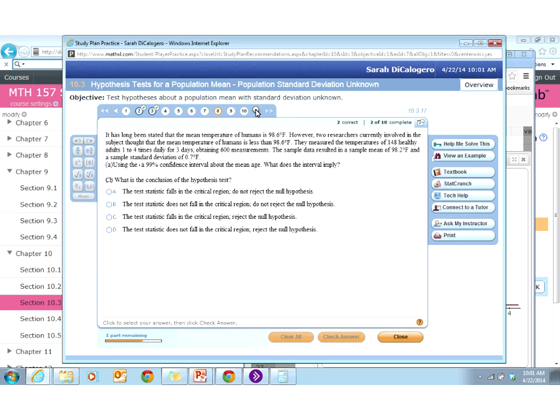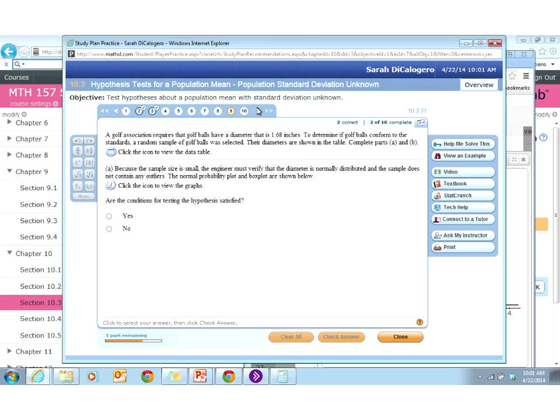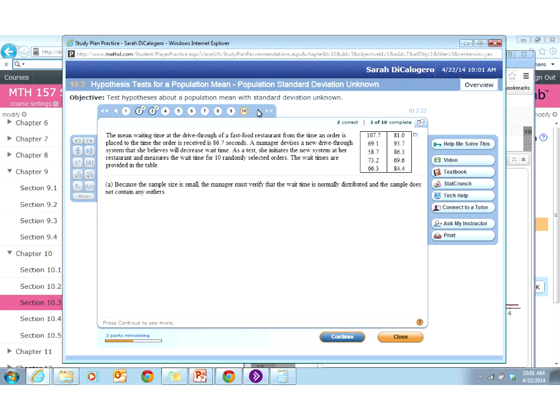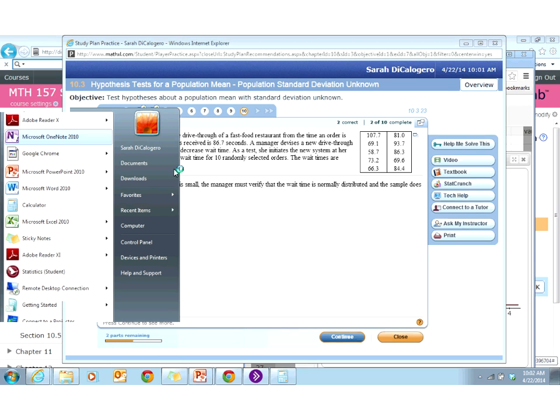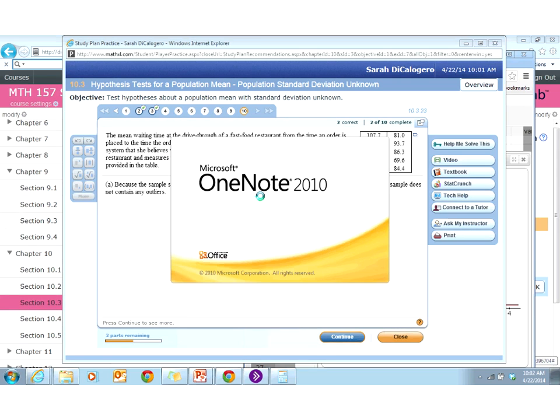There was one more question I wanted to do where you actually had the data. All right, the mean waiting time at the drive-thru of a fast food restaurant from the time an order is placed to the time an order is received is 86.7 seconds. So H0, right away, we know is going to be mu is equal to 86.7. And it's always very good to write down